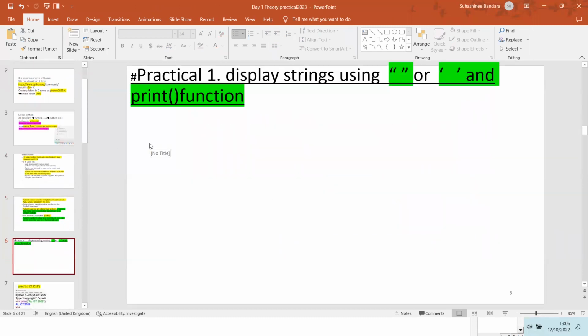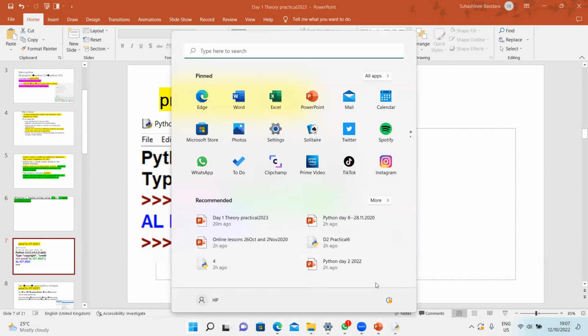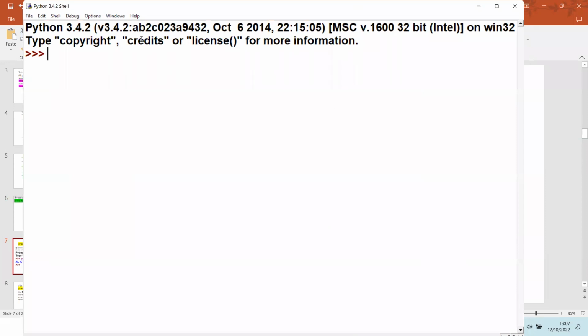The first program we are going to make in Python displays a string. A string means text. It may be your name or any word, whatever text we use with the print function and inverted commas. It may be single or double inverted commas. Just look at my first code: print A-Level ICT 2023. This is what I am going to run today in my very first program. So just see how I am going to do it. Simple. PRINT, don't use capitals.